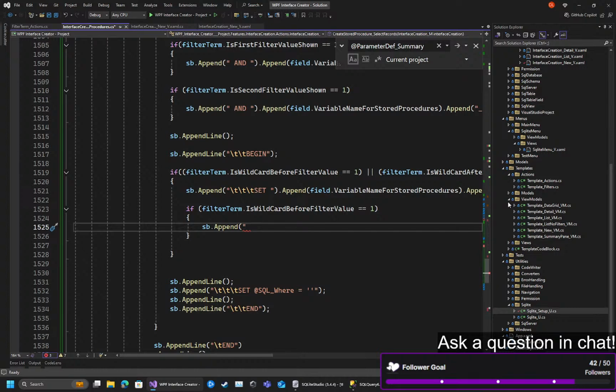That's where we can then put in the wildcard symbol, like so,